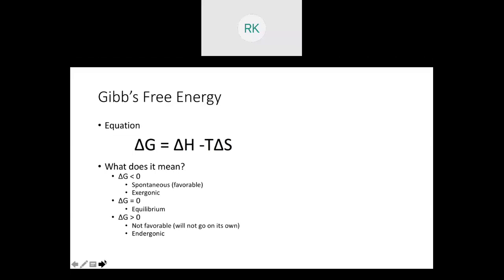G. If our delta G is equal to 0, that actually means that we are at equilibrium, okay? And that's definitely something that's important to know. And we'll see an application of that in just a couple of slides, okay? But if delta G is equal to 0, you are at equilibrium. And if delta G is greater than 0, aka delta G is positive, the term we use for that is endergonic, and that is not favorable, right? It won't go on its own. It needs an input of energy of some sort to help it go,